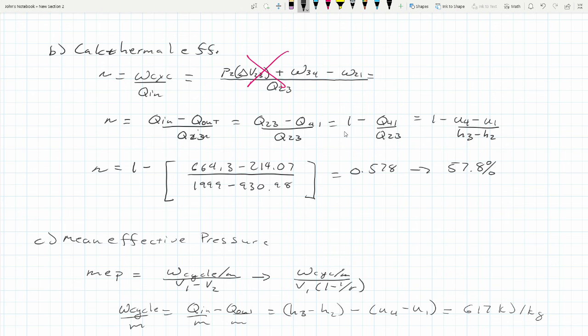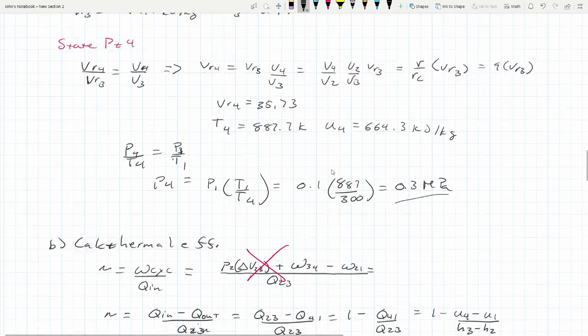But we do know the relationship that all the energy in has to equal the energy out, whether that's in heat rejection and work. So energy in is equal to the energy rejected plus the work performed. So the work performed is equal to the energy coming in minus the energy, or the heat, being rejected. So we can use that principle here, which is what we do: Q in minus Q out, Q23 minus Q41,